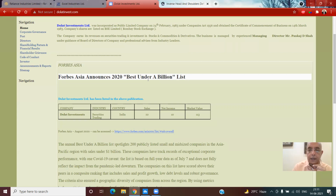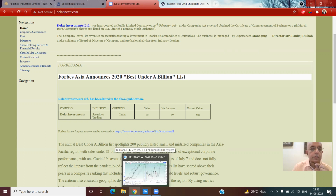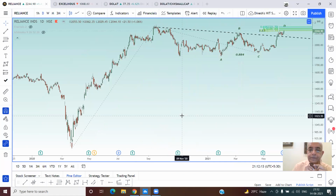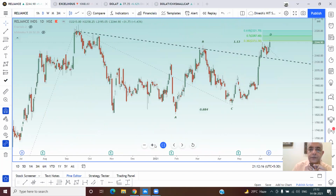So without any further delay, let's cover all the three stocks and the market outlook for them in the medium to long-term analysis. Now, Reliance Industries in the short term looks like it might pause this move right now, provided there is this bearish ABCD harmonic pattern which is coming up at 2275 to 2285 in that zone, which suggests that the stock could take a smallish pullback from there all the way,